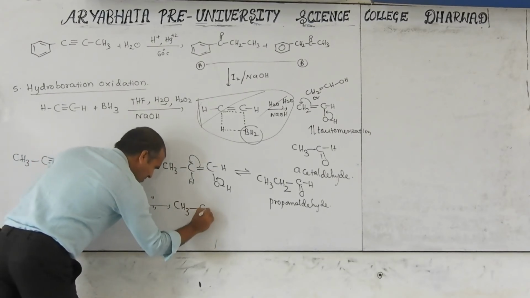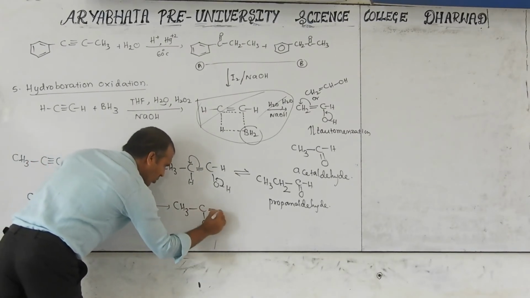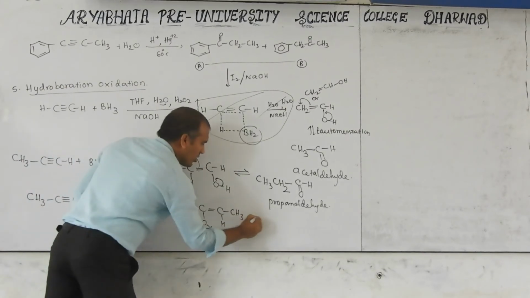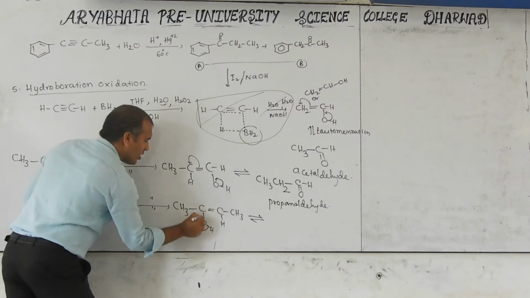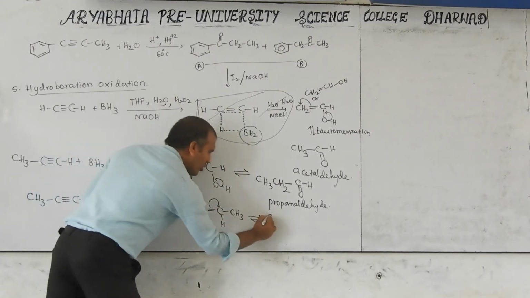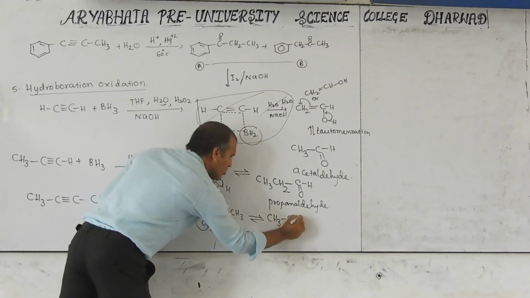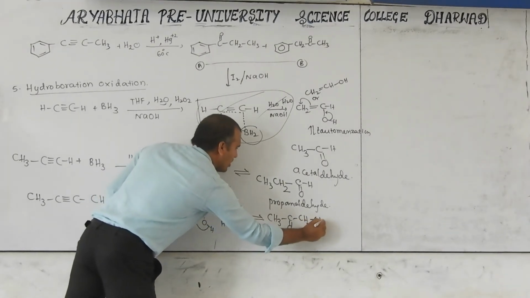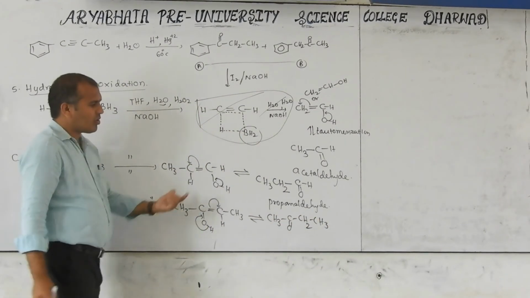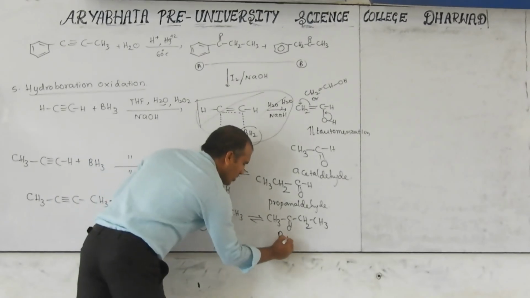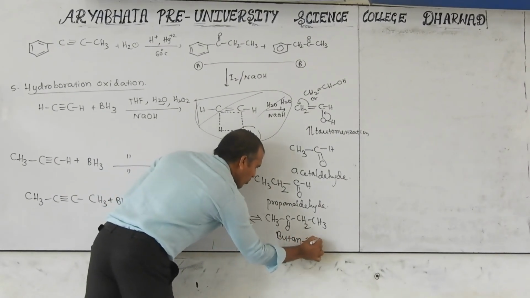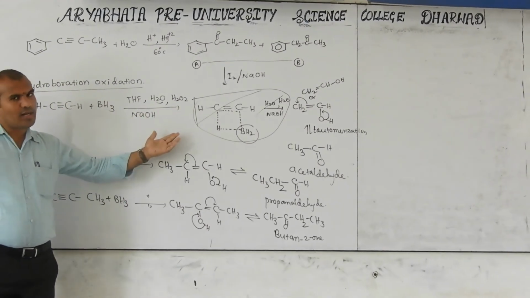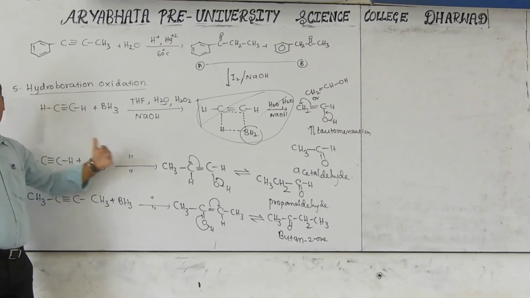Now I am adding on the left side, consider OH, double bond, H, CH. Again it undergoes tautomerization. This will come to here, this will come to here. Then we will get here CH3 C double bond O, and the H already added here. Then here CH2 and this CH3. What do you call this? Total 4 carbon. We get the ketone when it is internal. We get the aldehyde when it is terminal, outside.